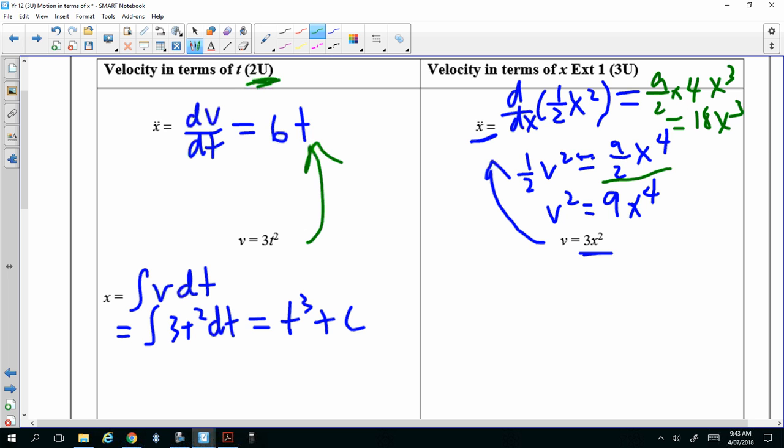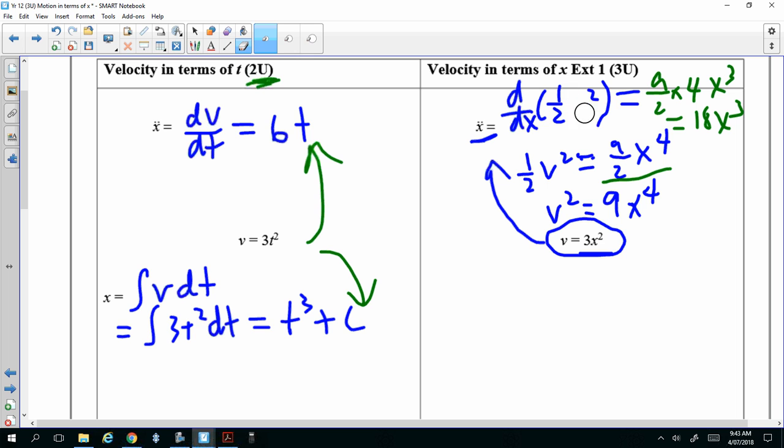So you differentiate half v. Oh, sorry, you're right. Differentiate half v squared. So differentiate half v squared, you get 18x cubed. Okay, good. All right, and if you want to find displacement, you start off with dx over dt equal to